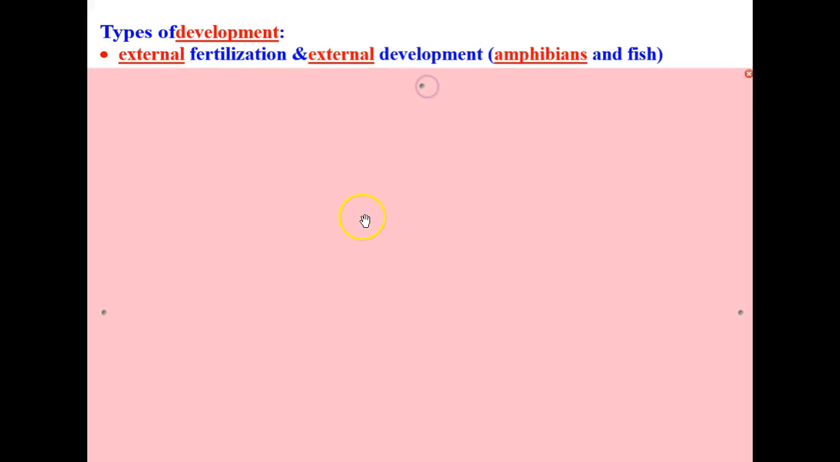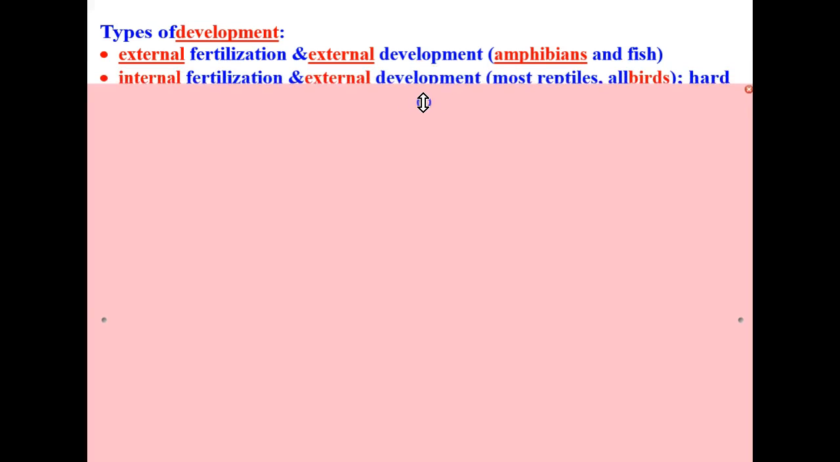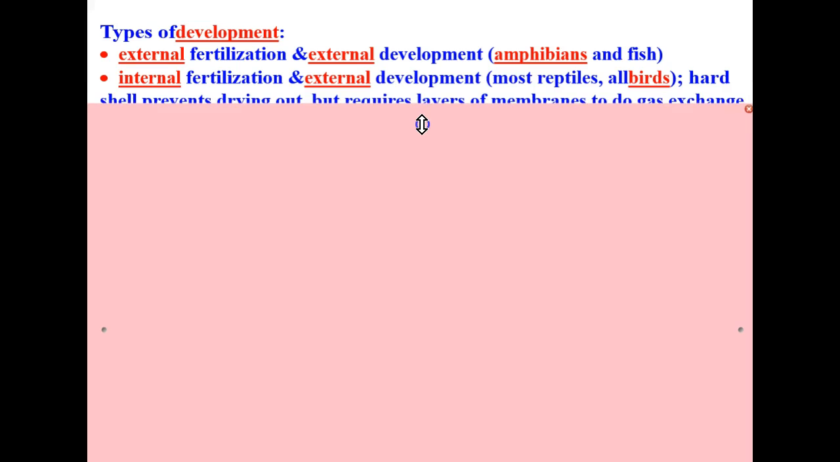All right, next let's take a look at types of development. External fertilization and external development. Organisms that perform this type of development, where their eggs are fertilized externally outside the body and they develop externally as well, are amphibians and fish. Frog eggs, for example. Next example,